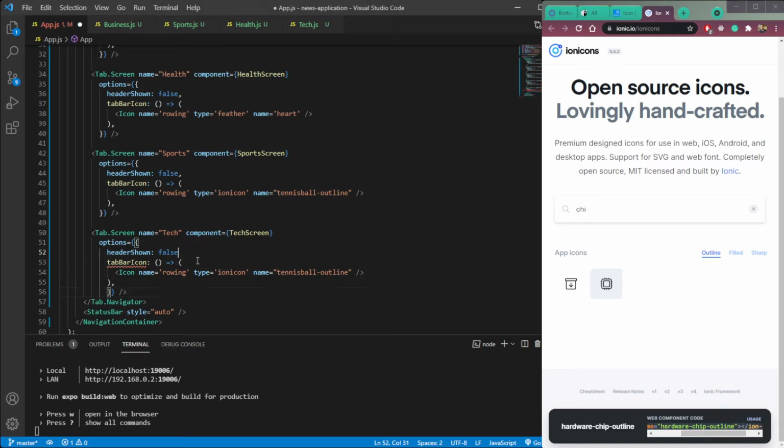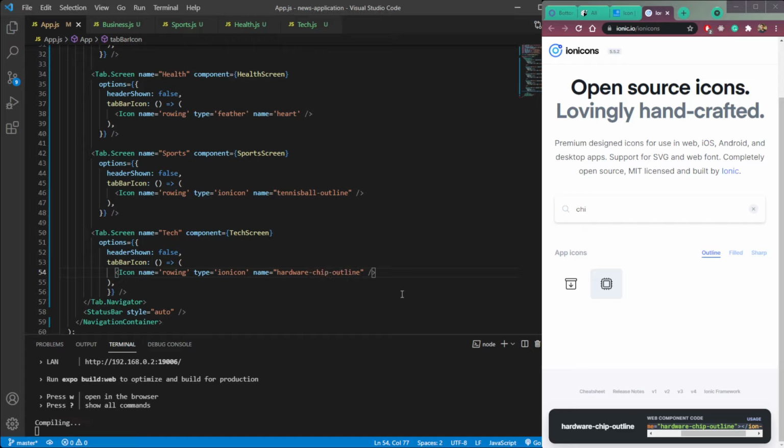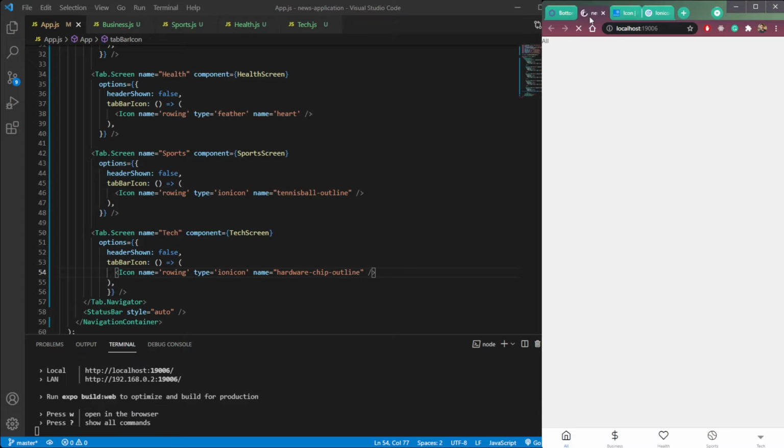Give it a comma because we are getting an error. So here this will be hardware chip outline. And now we have 5 screens: home, business, health, sports and tech.